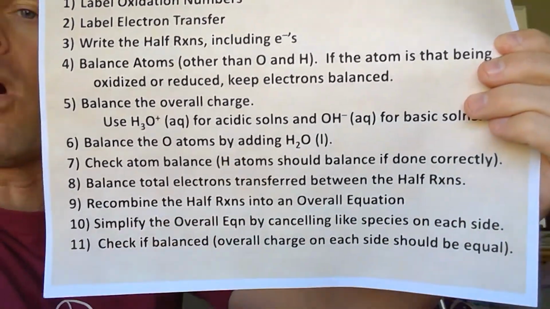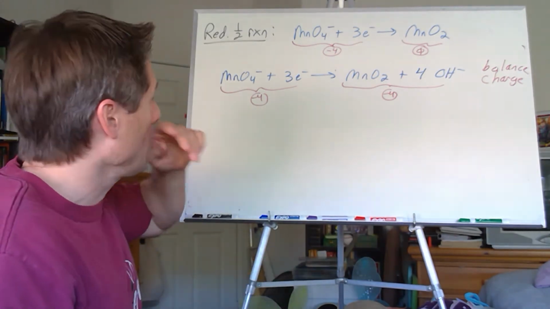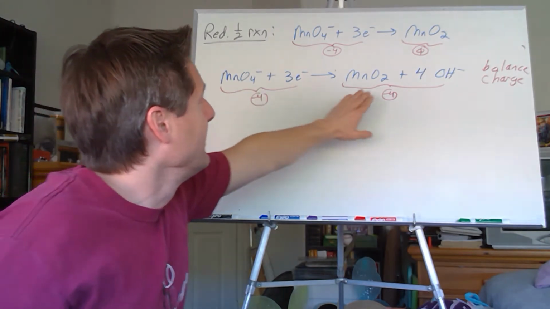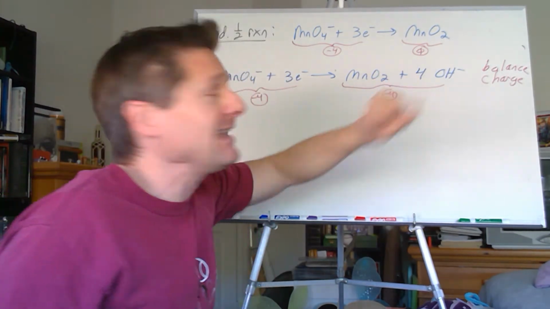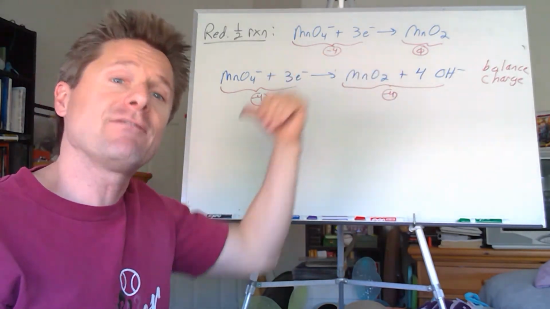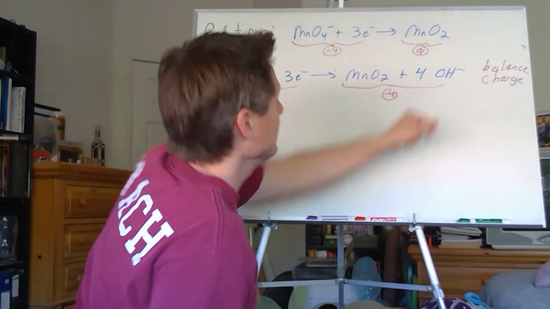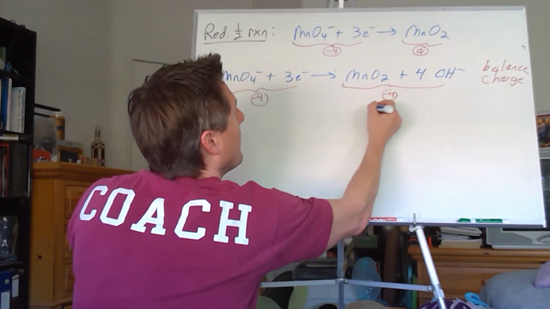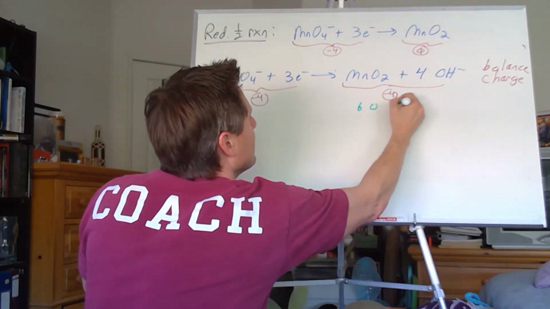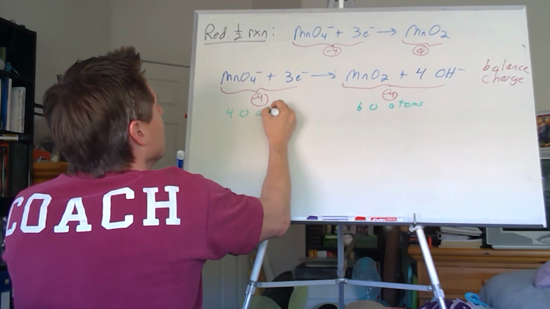We're going to use liquid water to do that. So let's take a look at our oxygen atoms. I have 4 oxygen atoms on my reactant side and 4, 5, 6 oxygen atoms on the right-hand side. So I have more on the right, which means I have to add water to the left to do that. And if I have 6 oxygen atoms, so let's write that down. I have 6 oxygen atoms here and 4 oxygen atoms